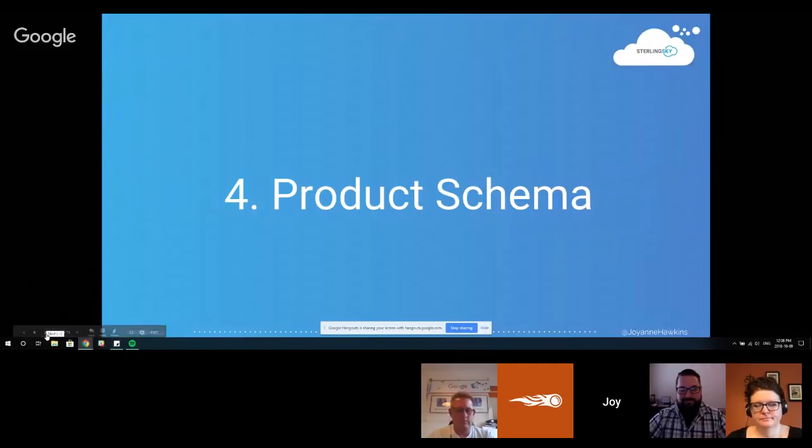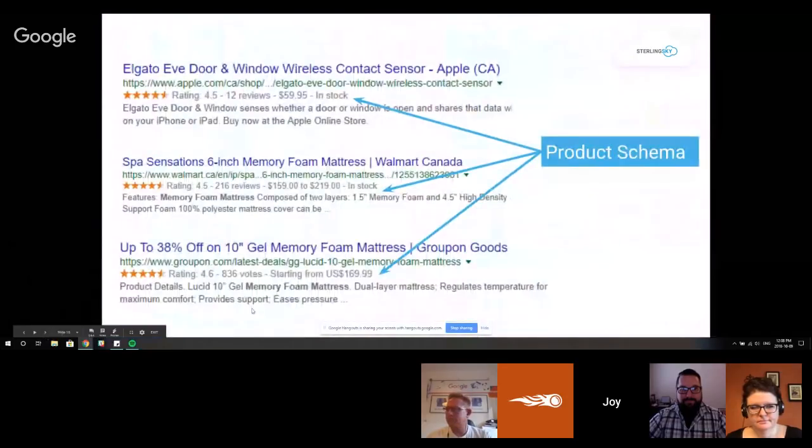Product schema. So this is another thing that would be on your website. And how it looks in the search results is like displayed here. So this would work really well for, I'll give an example of a mattress store. Say you've got a mattress store and you've got all kinds of different mattresses. You can actually mark up each mattress page with the correct product schema so that when it shows up in the search results, it shows things like the reviews for that mattress, the price range for that mattress,